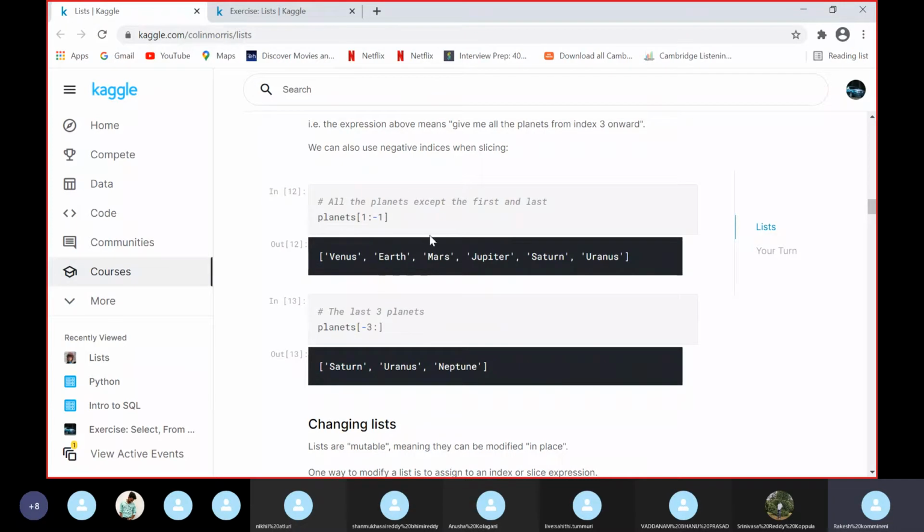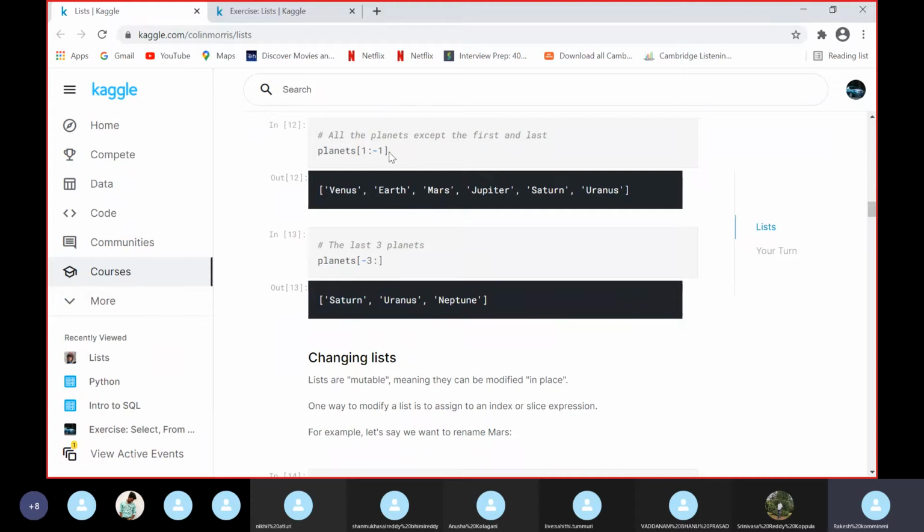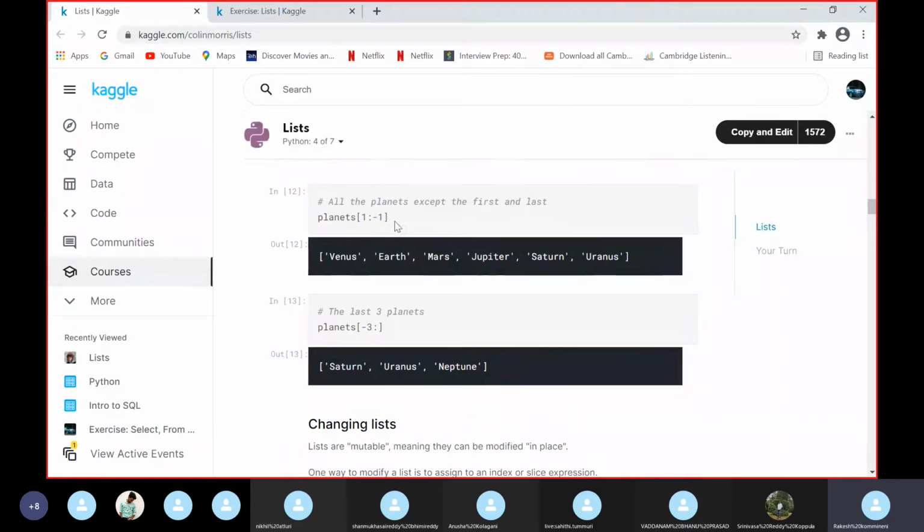If we want to retrieve all the planets except the first and last, we will go with this syntax: list name followed by 1, and except the last element, so we are not adding the last element.